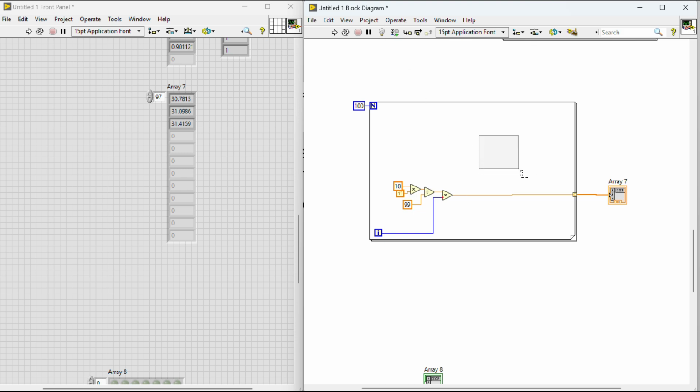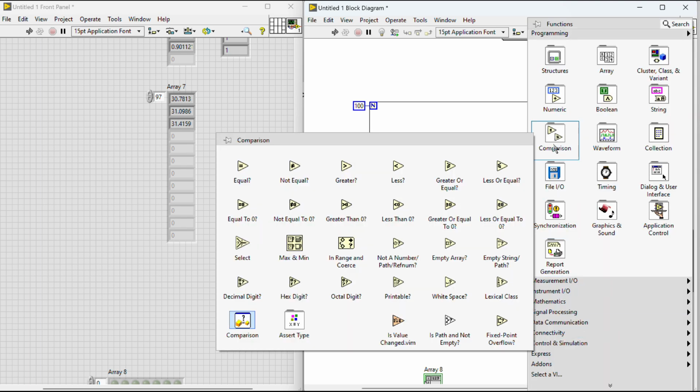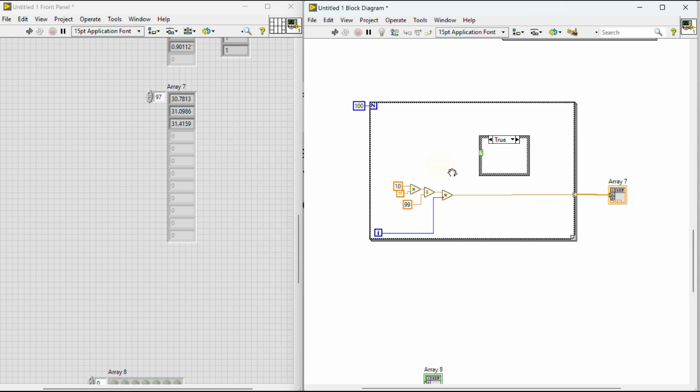If this value is greater than 0, I need a comparison. So comparisons over there. If this value is greater than 0,